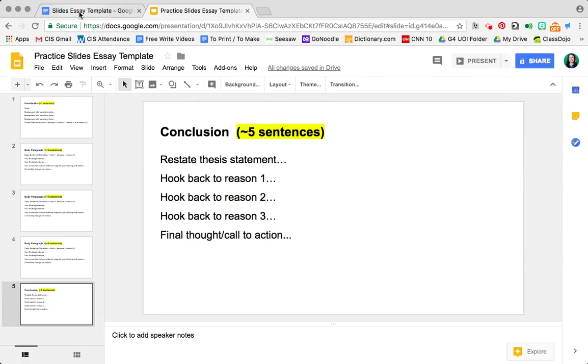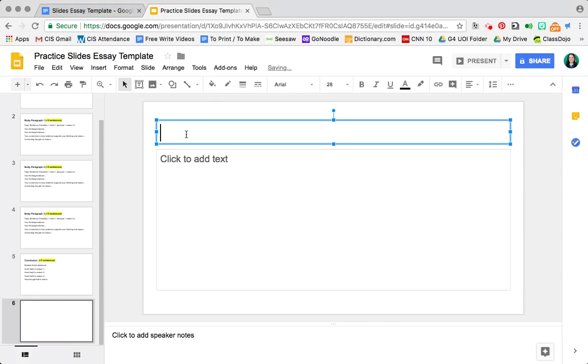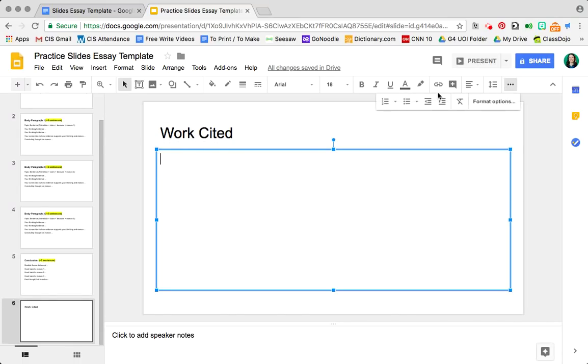All right, and the last slide that I want to insert is actually just a works cited. So I'm simply going to add a new one since I don't need a copy, and I'm going to make it bullet formatted for my students. I'm going to put at least 3 because I want to tell my students you should have at least 3